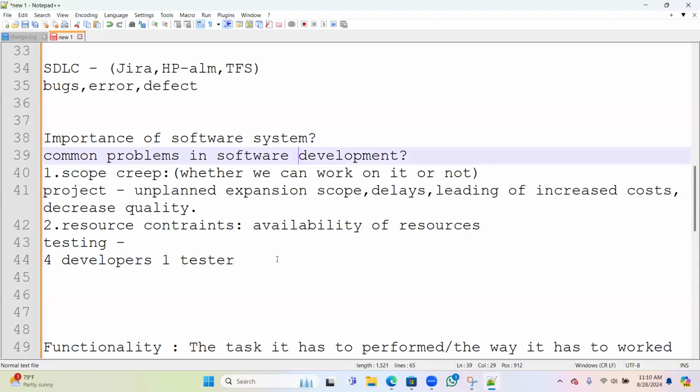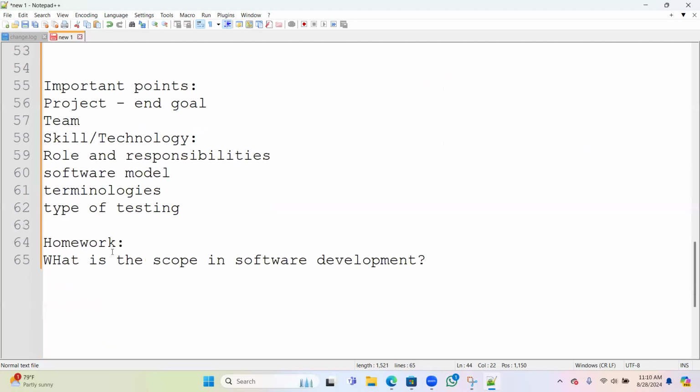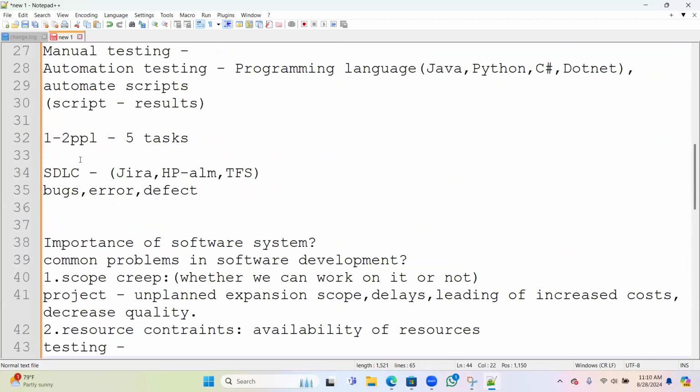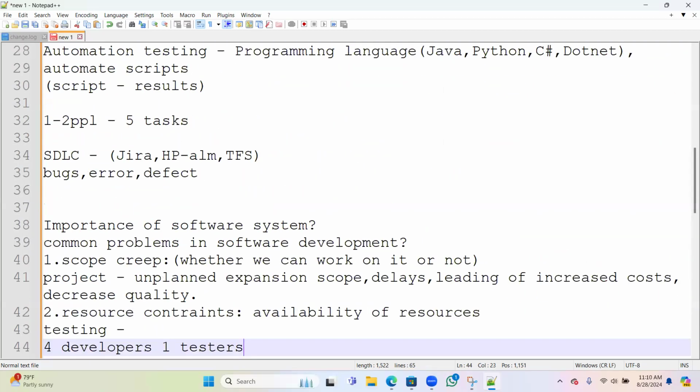Okay. For example, you have to test one functionality. In real time, instead of one functionality, they gave you around five functionalities to test in the limited time. Generally, we go by time. That comes under this SDLC, where we call it a sprint.